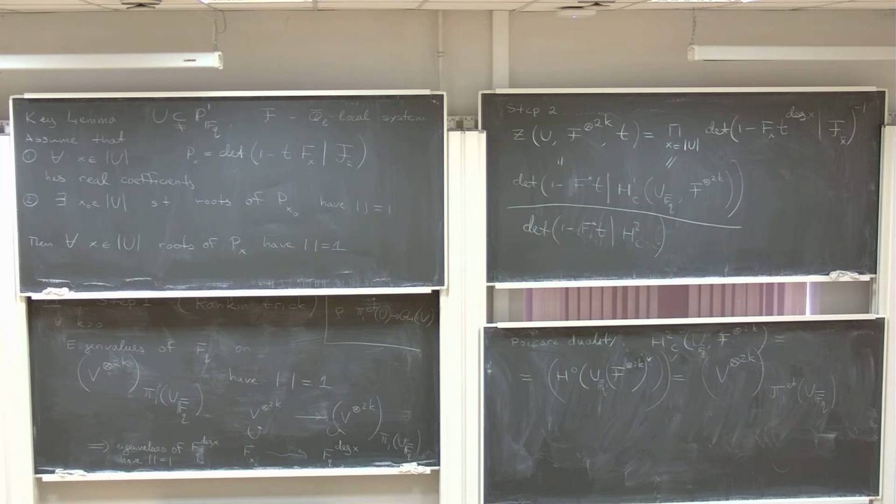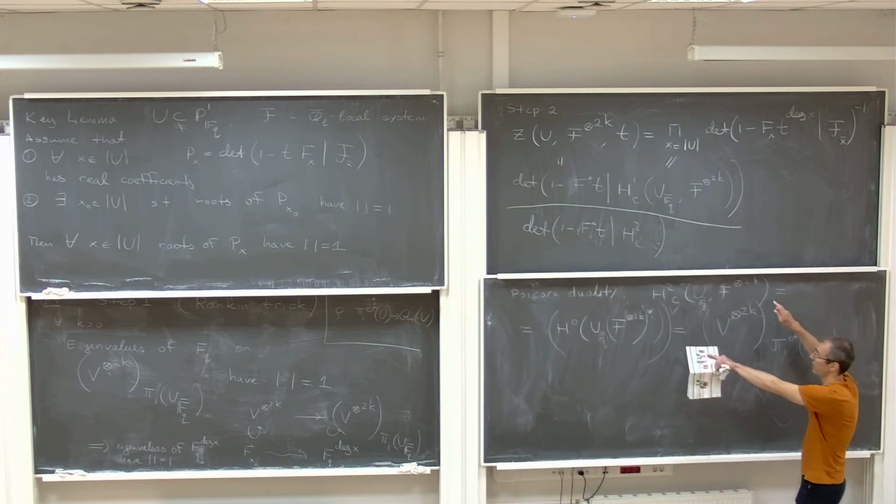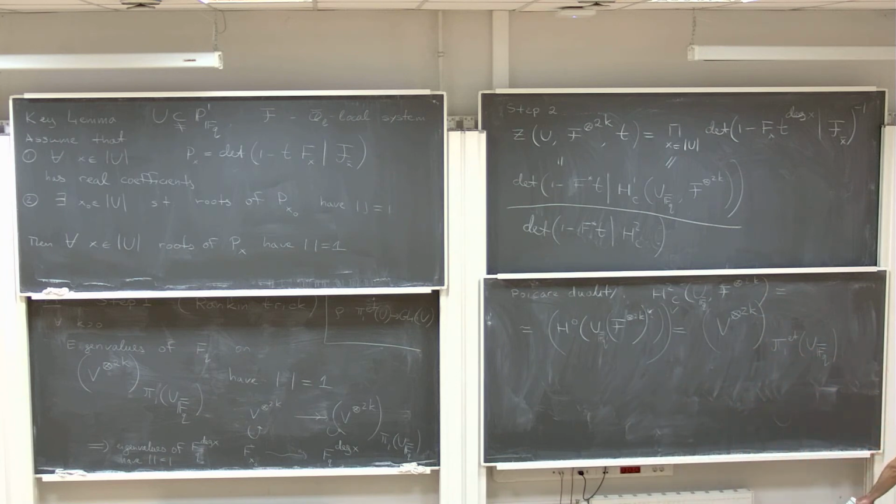I hadn't proved the Poincare duality even for curves, and so I will explain. This is a very, very simple argument, and I will explain it at the end. So let's now believe this, and let's postpone it until the end. I want to use it now. So let's look at this formula. We know that we have some information about the eigenvalues.